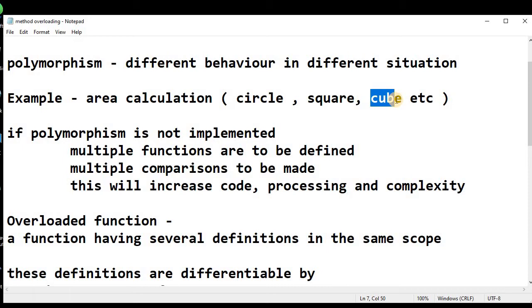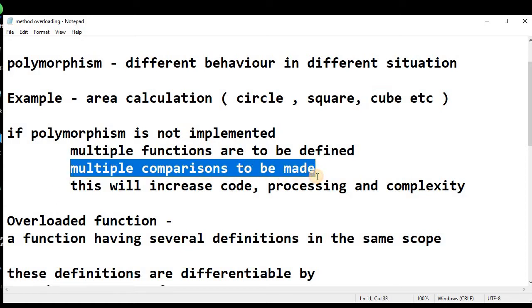So we need to define multiple functions, and these functions need to be called differently. So multiple comparisons will be made. Let's say if we want to calculate the area, then we need to compare what the shape is, and depending upon that comparison, we will call the method which is specifically created for the area calculation of the circle.